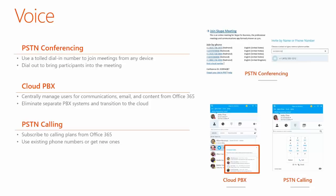It provides functions like device switching. So I can start a call on my computer, transition to my physical handset, or my physical desk phone, or transition to my mobile cell phone. It provides that feature. It provides voicemail delivered through email. All that is possible. Now, with that being said, Microsoft has an increasingly complicated, or shall we say,